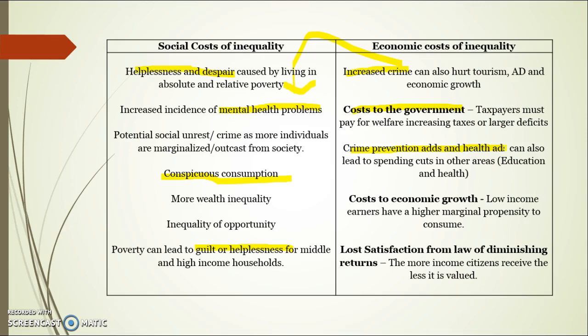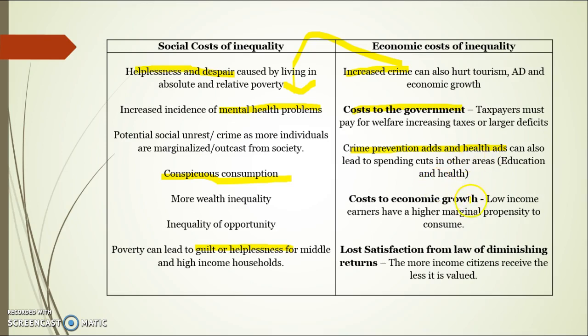Cost to economic growth of inequality might be that low-income earners generally have a greater propensity to spend. So if we're shifting money away from low-income earners to high-income earners, then it should reduce aggregate demand, because the high-income earner is less likely to spend the money. So the more even the distribution of income should have beneficial impacts for aggregate demand, because low-income earners are more likely to spend that additional money.